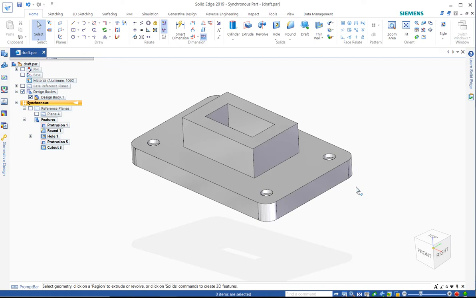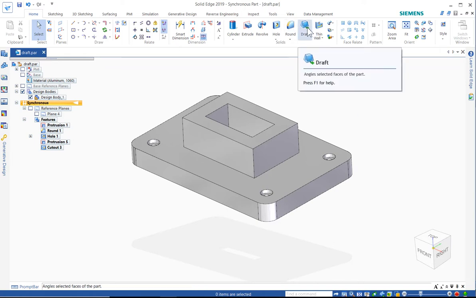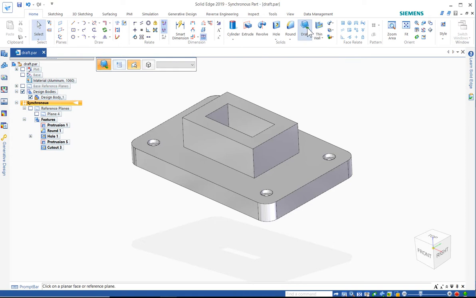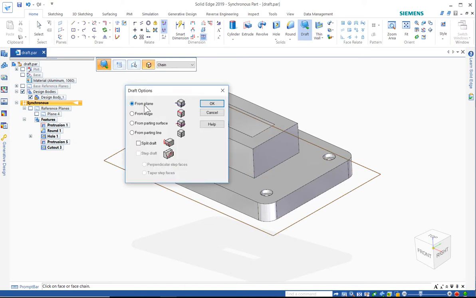We're going to now talk about the draft command. So the draft command adds taper to the part. So when you start that command in the synchronous mode, the first thing it's going to want is a plane. The plane establishes where the angles are based. Also, if you're using the from plane method, it will establish the pivot point, though other options will allow you